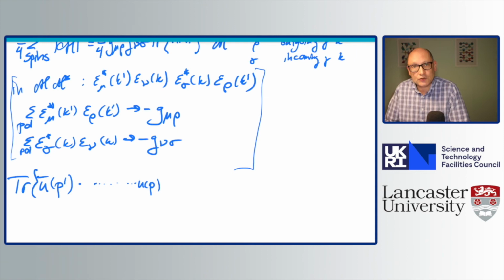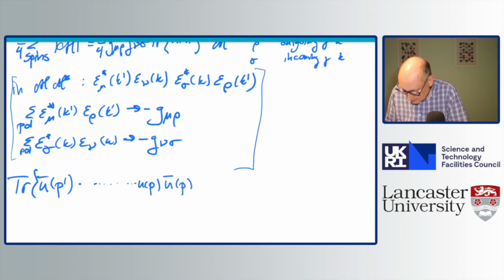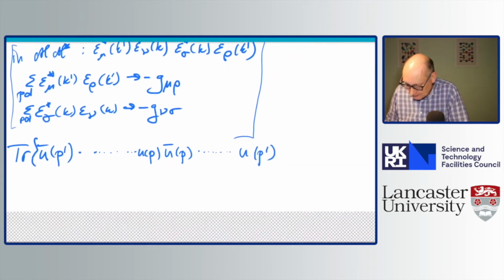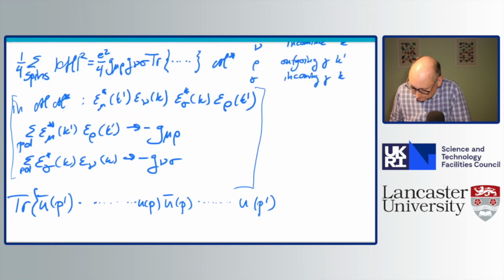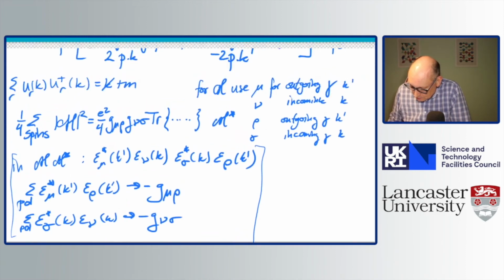Now comes the contribution from the complex conjugation and transpose. That would start with the U bar of P. Then we'd write a lot of gamma matrices, and then we would end with a U of P prime. We would have to sum this over the spins, and we remember that summed over spins, U of P, U bar,